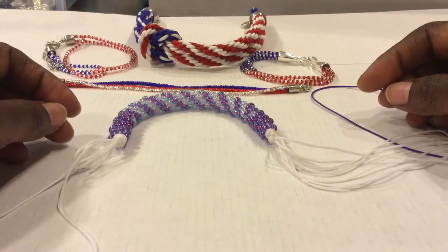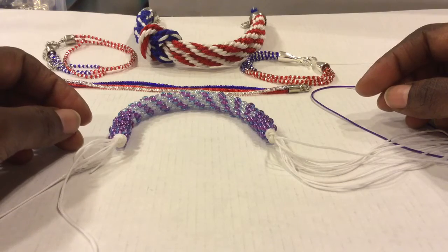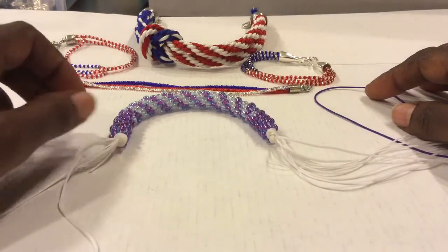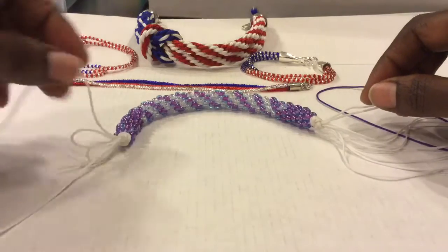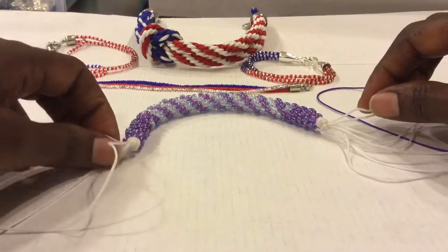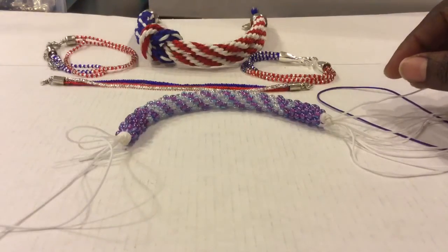This is my first tutorial ever. It's a requested tutorial from, I guess, one of my fans, and they wanted to know how to do a closure. The macrame closure, as it's called, is an adjustable bracelet, so it can fit anyone depending on the size